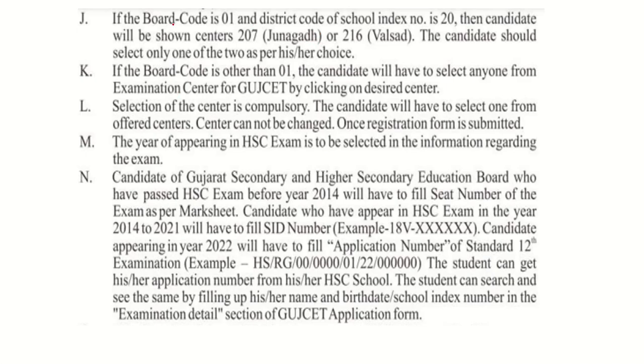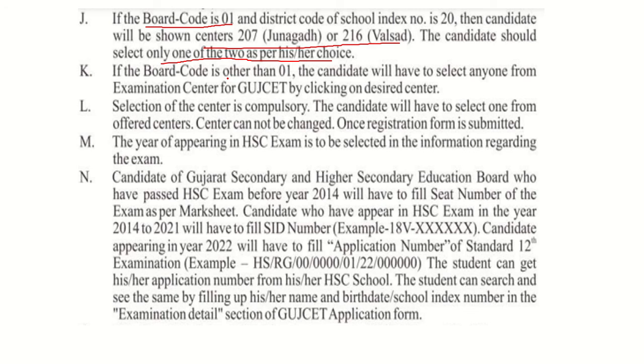The other one is here is an example, like if the board code is 01 and district code of the school index is 20, the candidate will be shown centers 207 to 16. So in this form you will be getting the exam centers. Okay, and candidates have to select one of the two as per his or her choice. You have to select any one exam center out of the two where you will be comfortable for taking the examination. Okay,